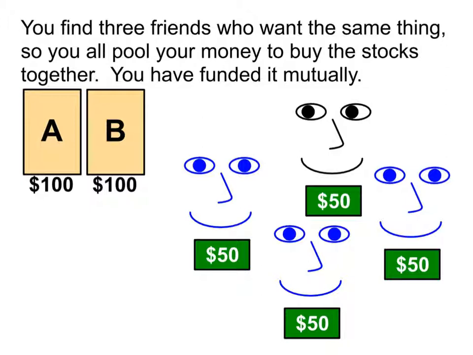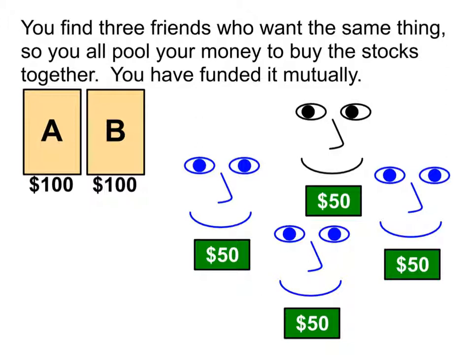Notice, we have funded our purchase together. Another way to say together is mutually. We have funded it mutually, hence the name mutual fund. It's basically a way of getting multiple people to invest in the same kind of thing. So this is a mutual fund. Now, this is a very simple mutual fund, just a couple stocks, just a few people. Most mutual funds operate on the scale of hundreds of stocks and thousands of people. And so that's where we get that diversification.